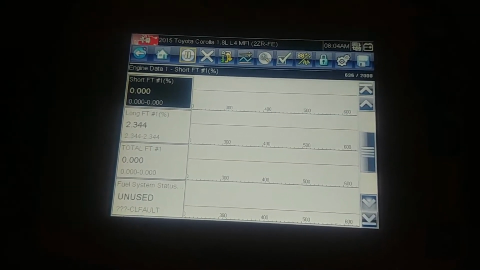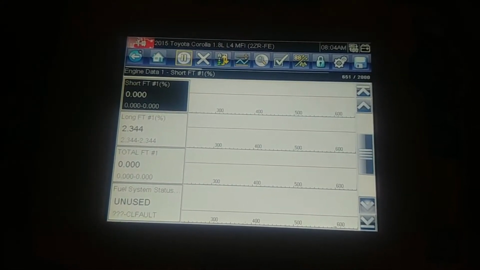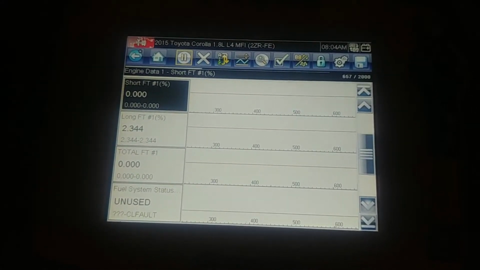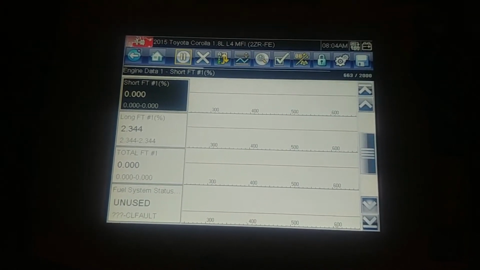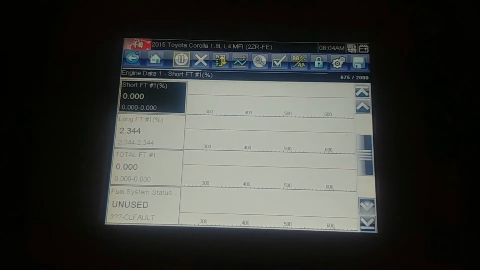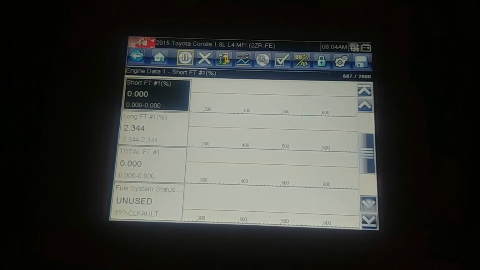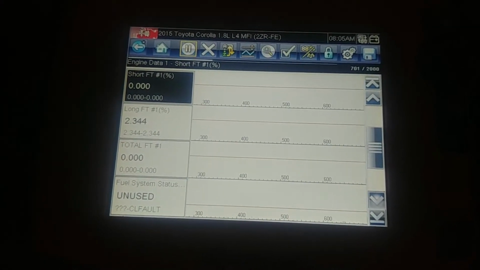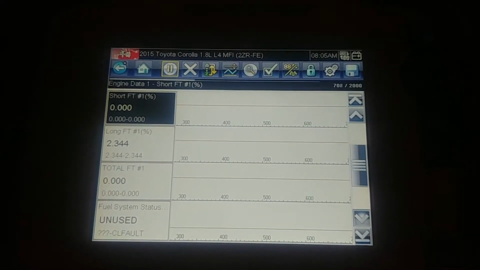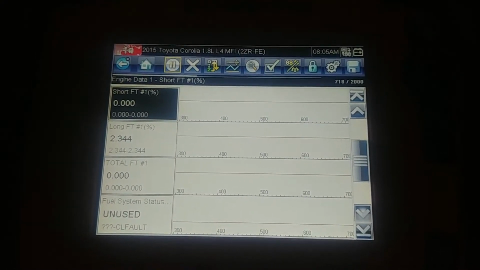However, the higher in the rev range you get, the less the fuel trims will thin out. So they'll come closer to 0, which is where you want your fuel trims to be. With Toyota, fuel trims of a combined value of over 35 is when your check engine light trips. And the reason for that is, in the example that I gave my apprentice here, that say, according to